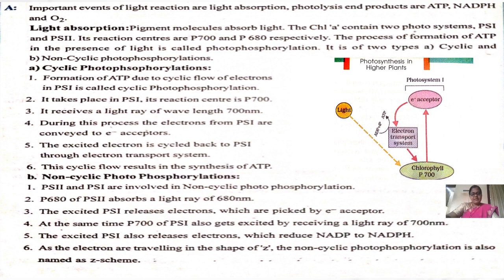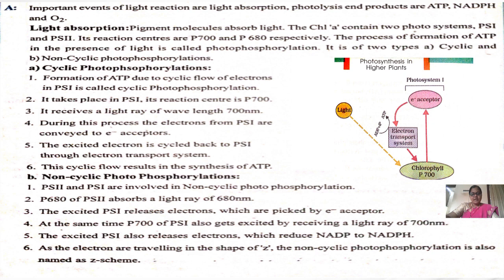And in photosystem 1, it releases the electrons which are picked up by the electron acceptors. Where does this happen? In cyclic photophosphorylation. In cyclic photophosphorylation, in photosystem 1, the electrons are released and they are picked up by